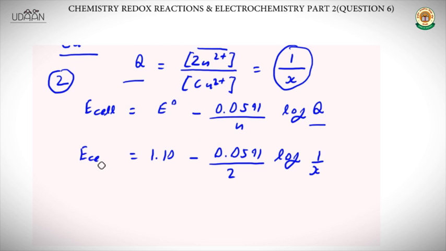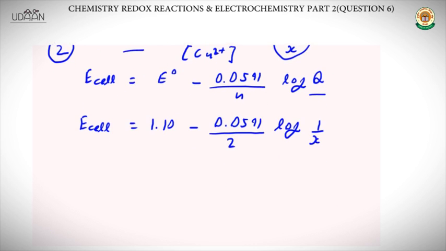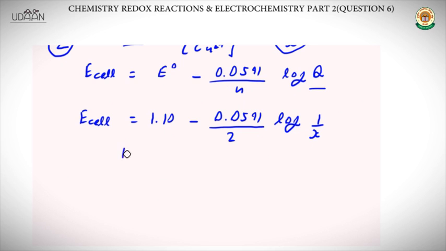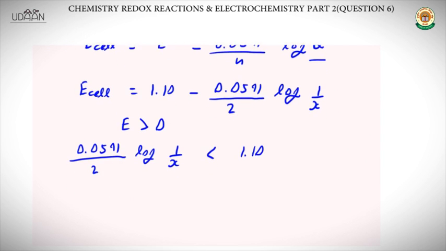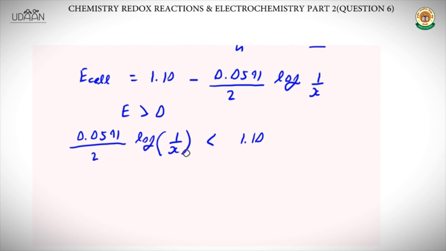Now this is the E cell, that is electrode potential of cell. And for this to be spontaneous, E should be positive. Hence we can write 0.0591 by n, that is 2 here, log 1 by x should be less than 1.10. Now we just need to solve this equation to find the value of x. Hence from this x would come as, x would be more than